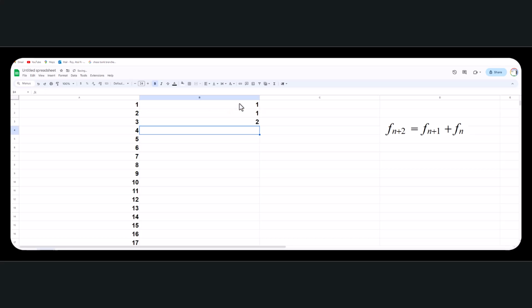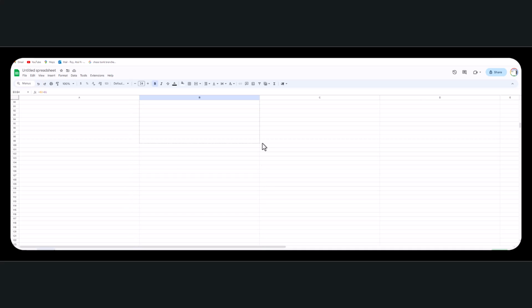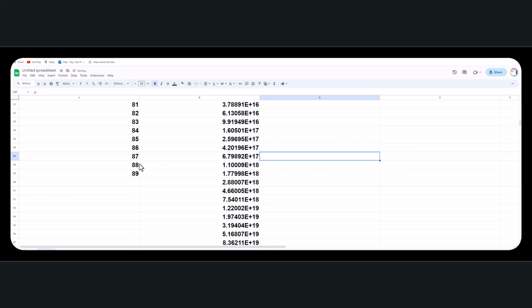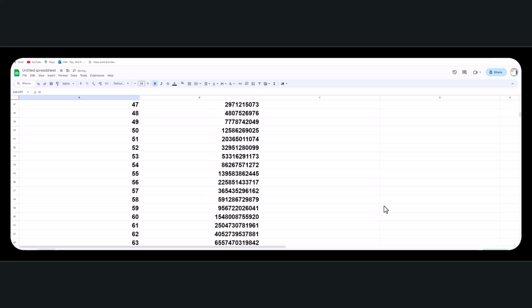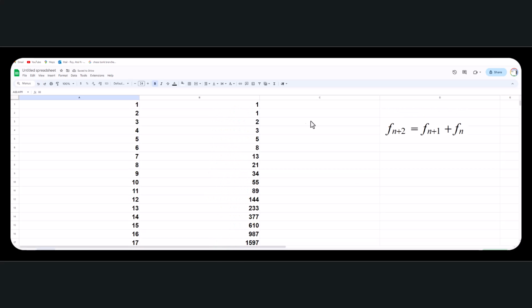Then equals, I'm going to take the sum of these two. All right, we get a 3, and now I can just drag it down using this plus sign, and drag the indices down too. You can fast forward me. All right, here we got all these